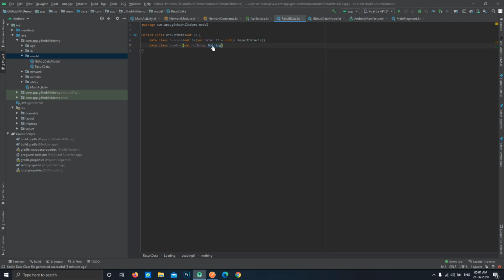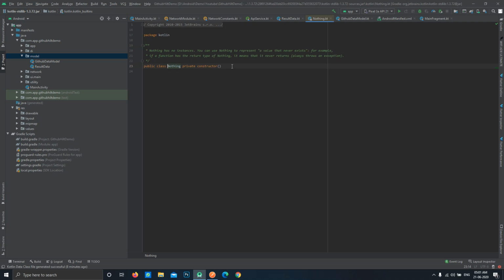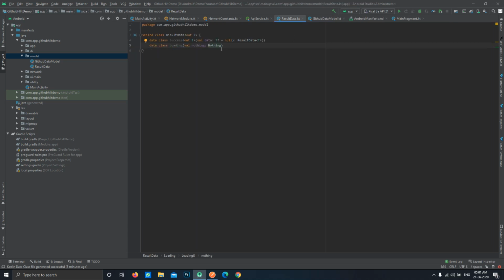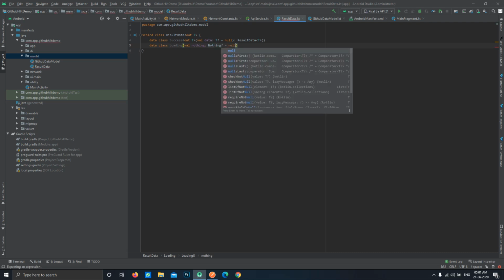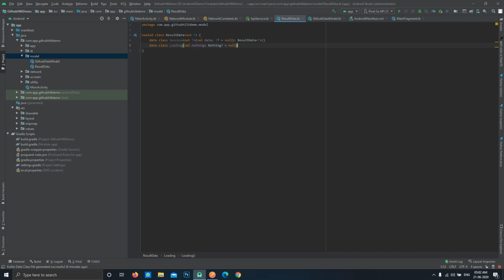You can just Control and left click over here, so you can see that it is actually a type. Nothing has no instances, so that's why they use Nothing as the name of this. So this will be null because it is nothing.